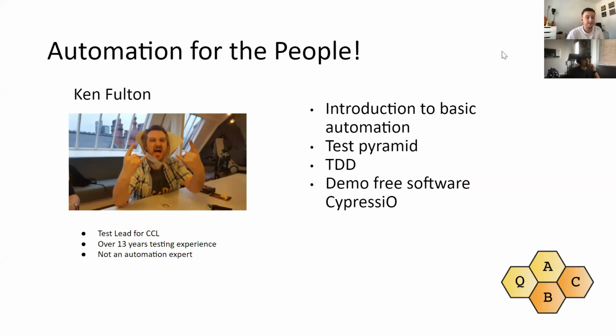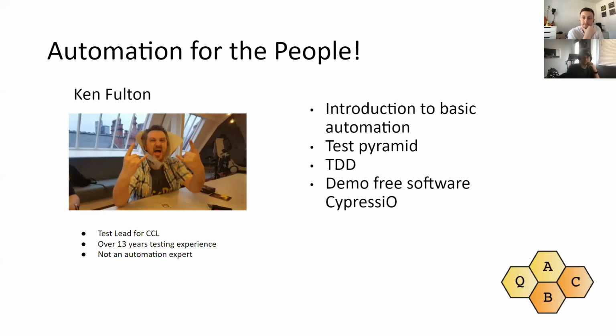A bit of background on me is that I've done 13 years of testing experience. I've done front-end testing, back-end testing, API testing, automation testing over them 13 years. I'm not a specialist in anything. I am an all-rounder that can look after many different things if I need to as well. This is going to be a basic introduction into automation from my point of view. This is not me saying I'm an automation expert. I'm not. I pick things up as I go along and I try and incorporate them into what I do